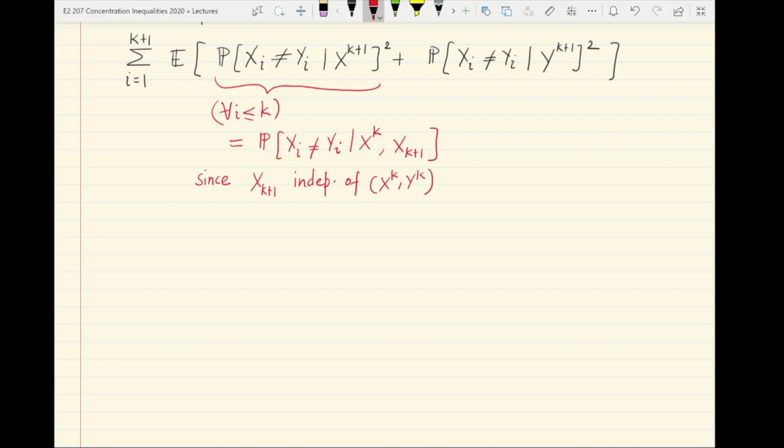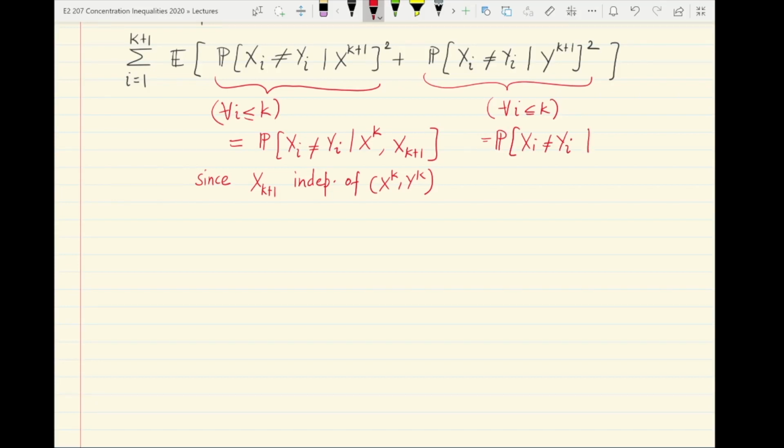The other term here, for the conditioning on yk plus 1, is just equal to, so for any i at most k, the probability that xi is not equal to yi given,